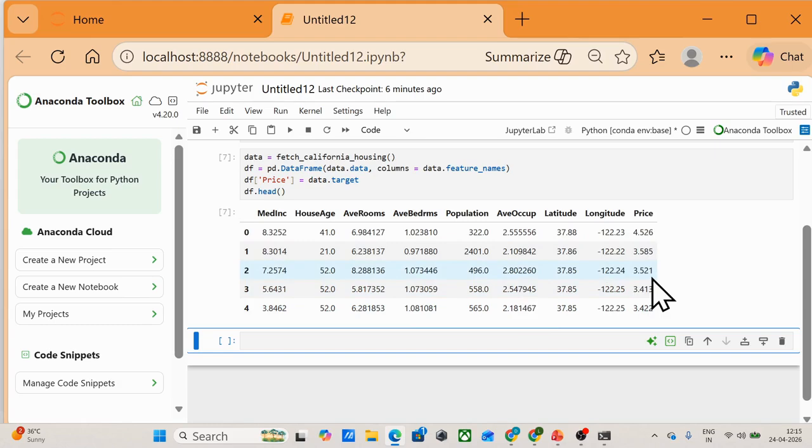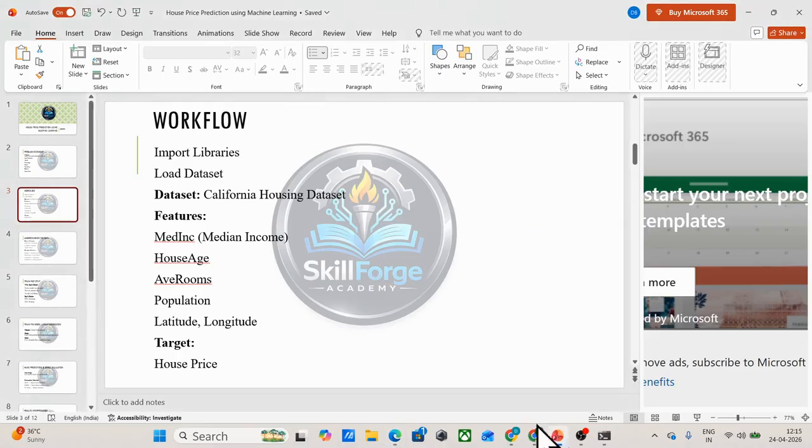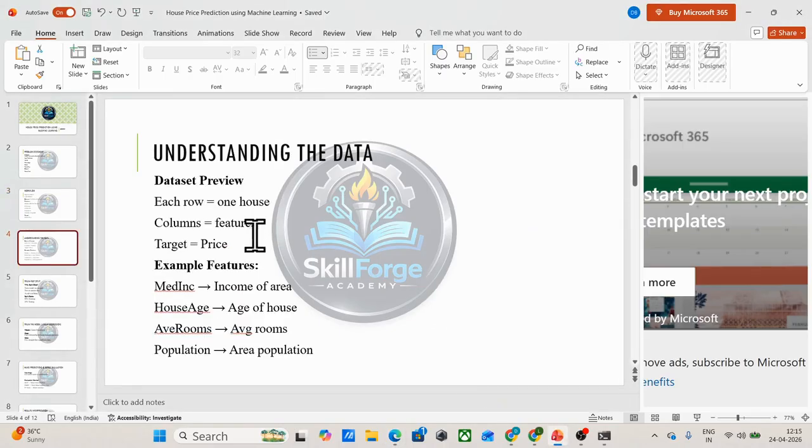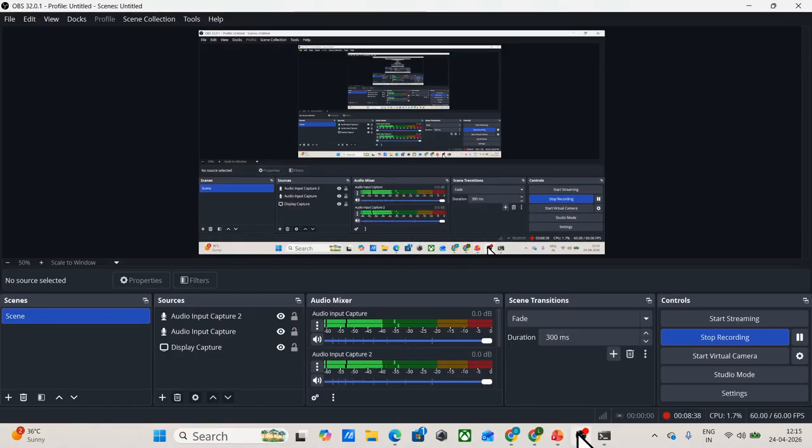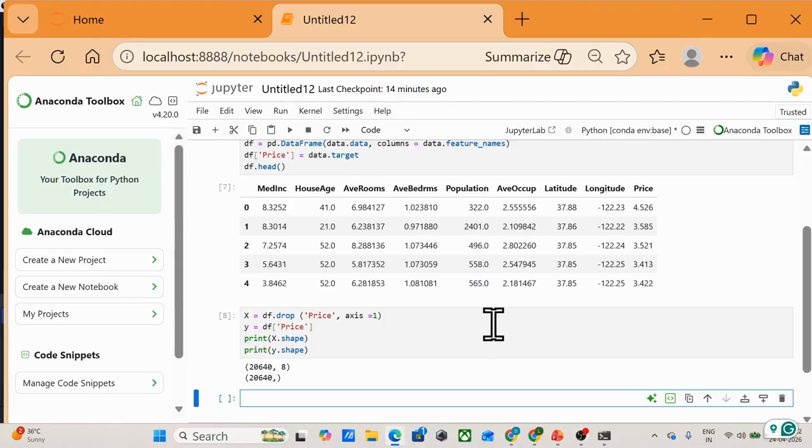Okay, so next what we'll do, we have understood the data I have discussed with you. Next we'll try to define our features and the target.